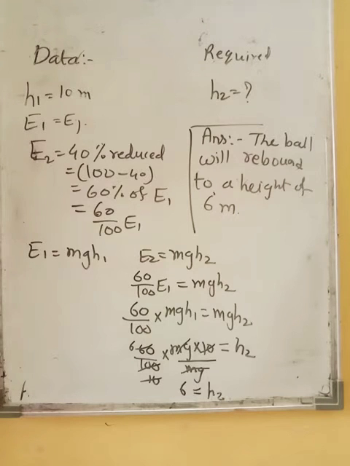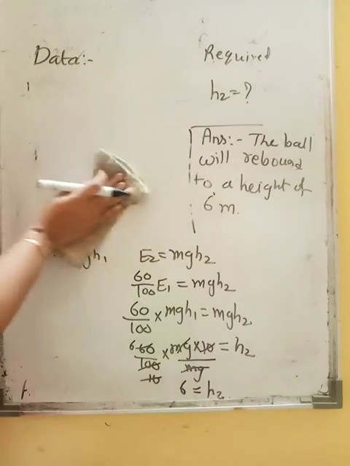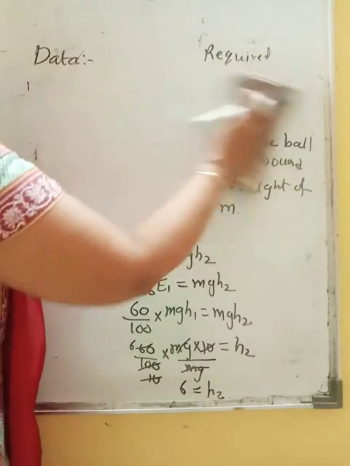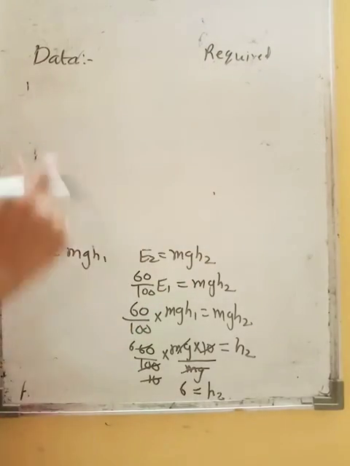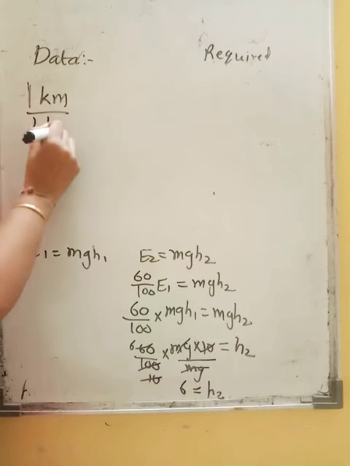Now what to convert? Today I am giving you a trick. Every time we will not do the division. I will give you a multiplying factor. I'll just show it to you. See, what is it? 1 kilometer upon 1 hour.